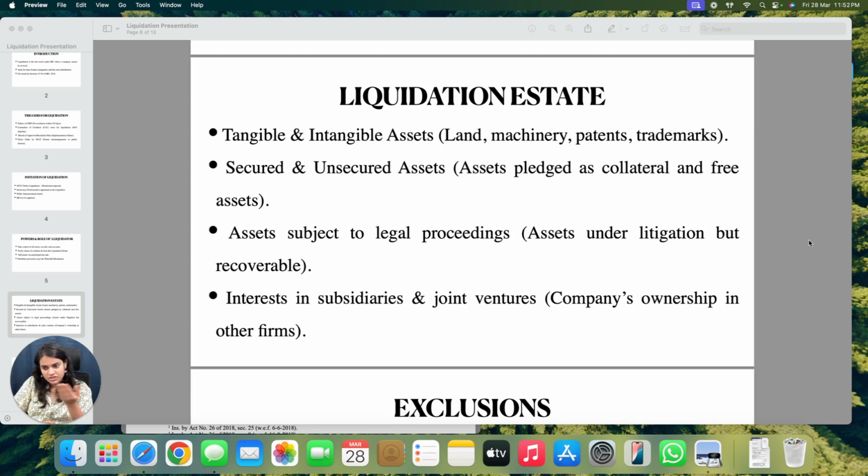And generally, because the CIRP has gone on for 330 days, there is a possibility that the interest amounts have accrued and the claim amount will vary. So such updated claim amounts will be submitted. And once the updated claim amount is verified by the liquidator and accepted,